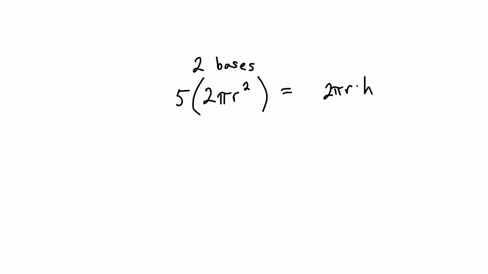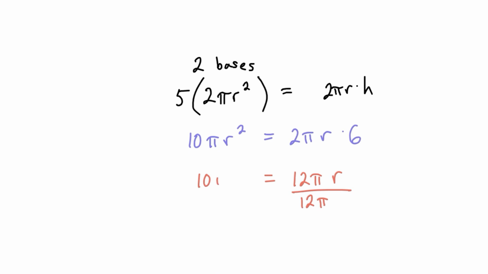So I guess what I'm thinking about there is that we have 10 pi r squared needs to equal 2 pi r, and they tell you that the height is 6 in the problem. So I think at this point I can just figure out that this side is 12 pi r. And what I'm going to do is divide the 12 and the pi to the left side. And what will happen is these pi's will